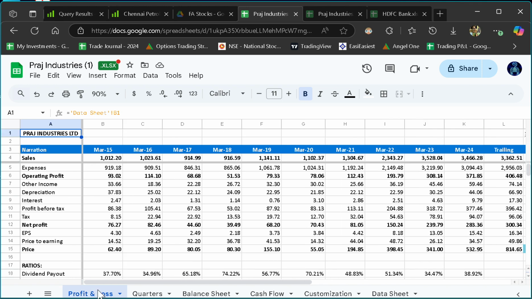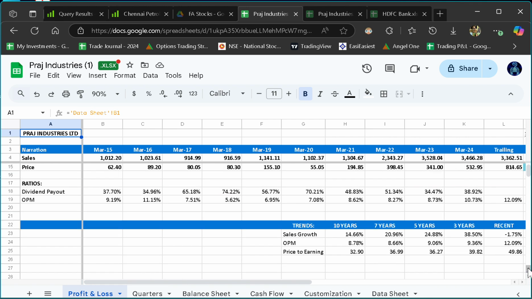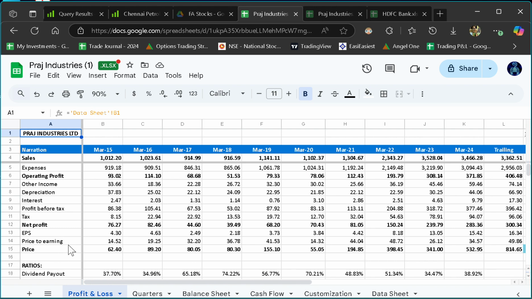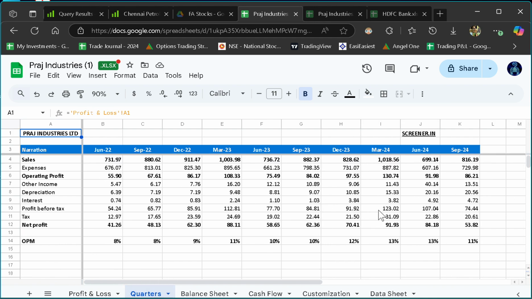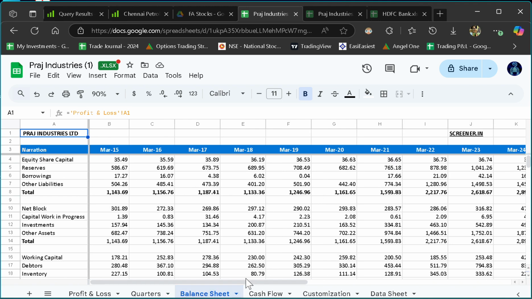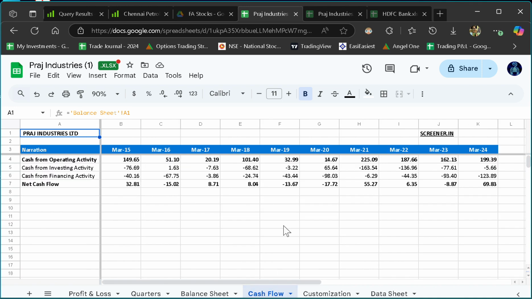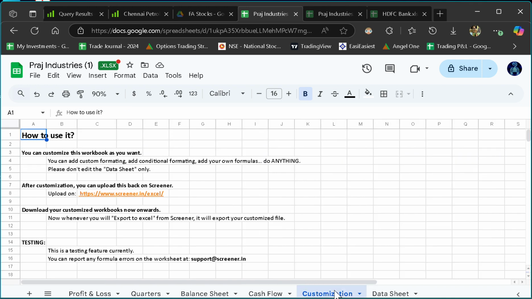However, if you see, this is the P&L statement year on year. And among the ratios, they have given dividend payout and operating profit margin. The rest you have to calculate and make your own formulas. Again, this is the quarterly P&L statement. Then there is a balance sheet. ROE and ROCE are given every year. Then there is a cash flow statement, and this is how you can customize. The freedom is given by the company to customize and do anything,